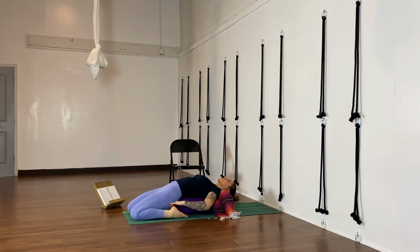If you need to have something under your glutes, a block can go under there so you can push your hips up a little bit more, especially if you feel like that's pulling on your back too much. You could also use a smaller bolster. This is a fairly chunky bolster. And then also you could simply push down into your shins and lift your hips up off the floor, off